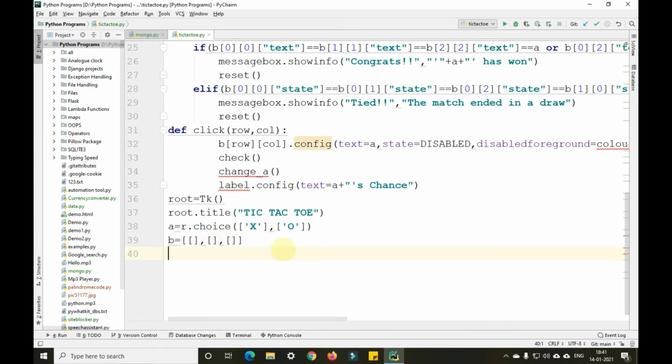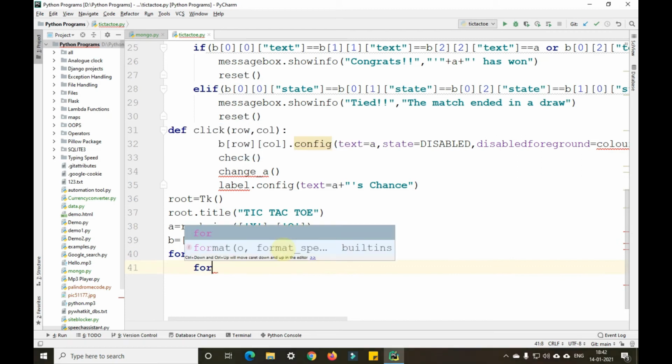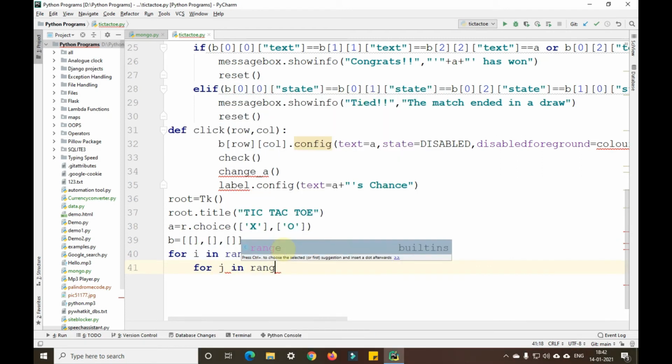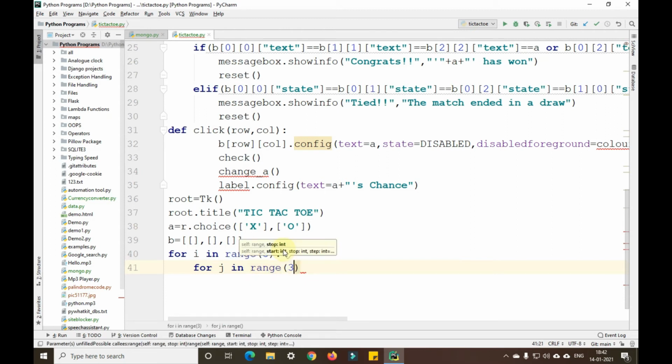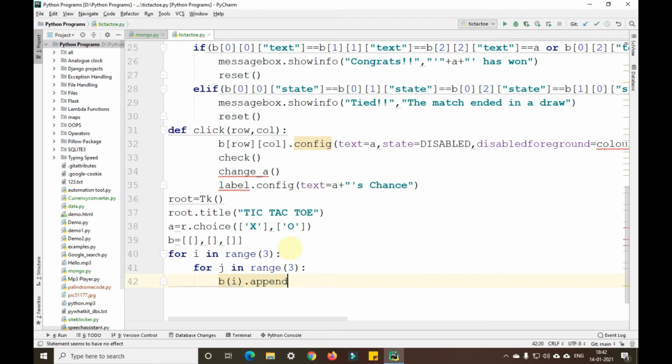After that, I'll write a for loop here for i in range of 3 followed by a colon, for j in range of 3, b of i dot append, I'm appending the button into that particular root there.